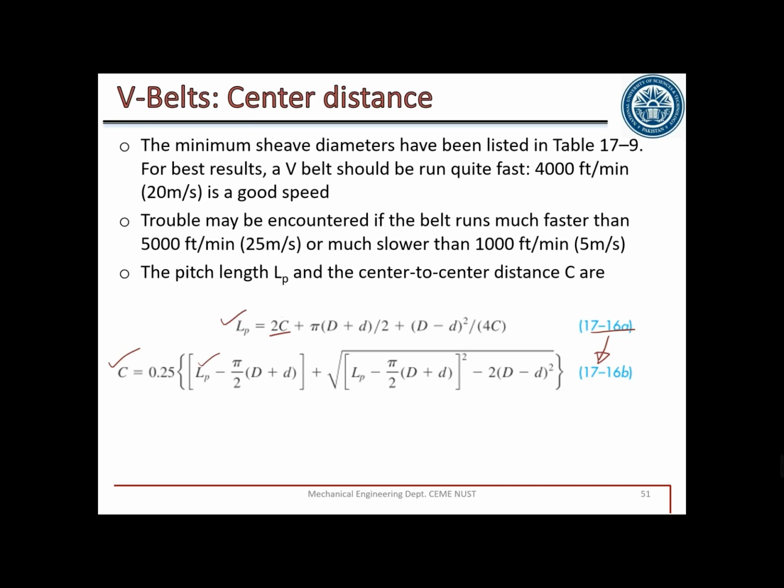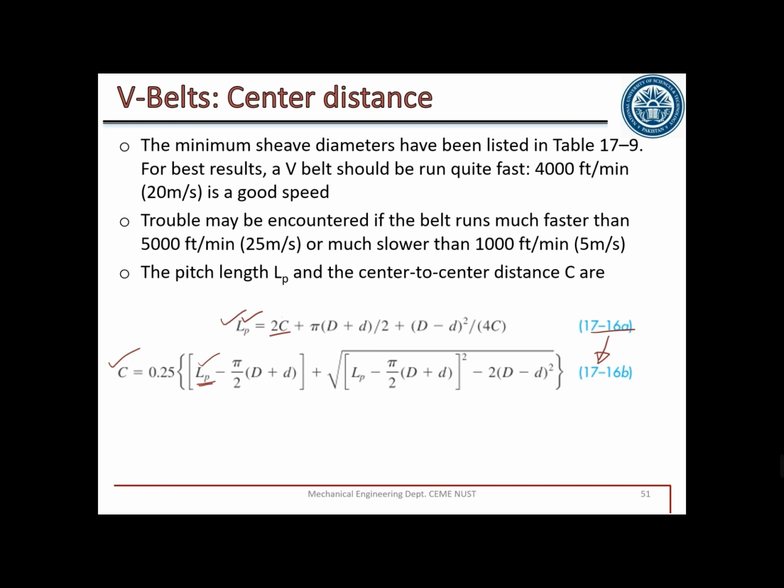So while selecting a belt, if we know the center distance, from this center distance we will calculate the value of L. That will be the value around which we have to select a belt. Then from the table we will select a belt which has a pitch length close to this calculated value, and that will be the standard length. From that standard length we will again calculate C, and if that C falls within the range of C given for our calculation, we will use that belt, that pitch length and that calculated value of C for further calculations. So that's how we select a belt.